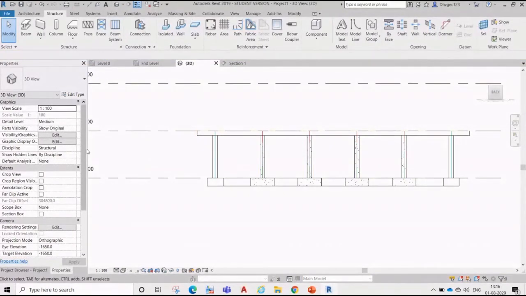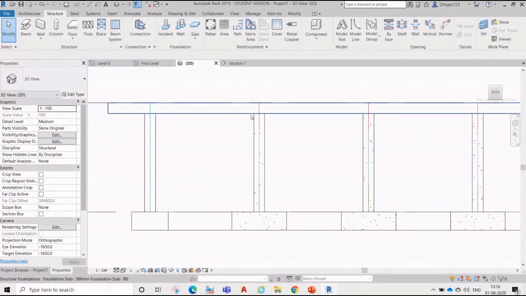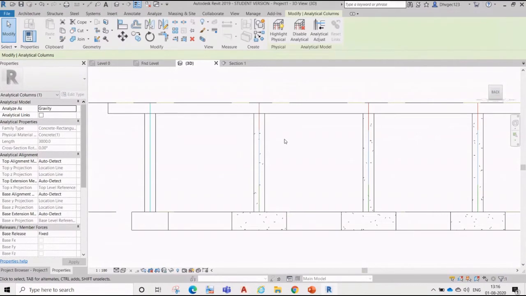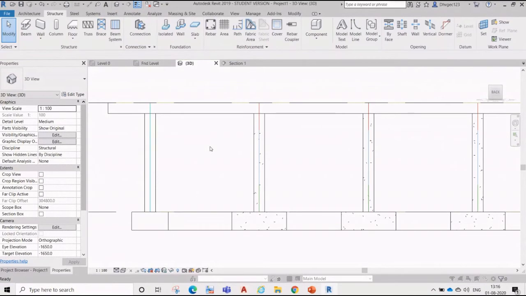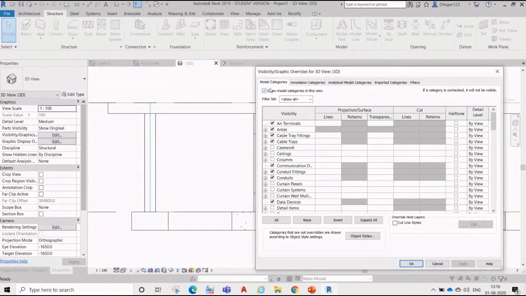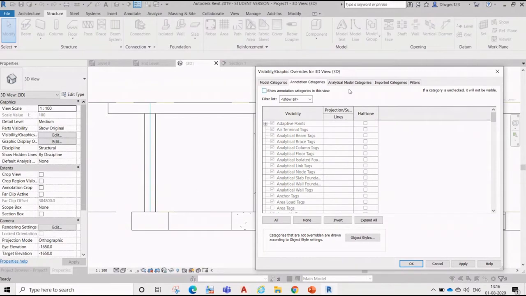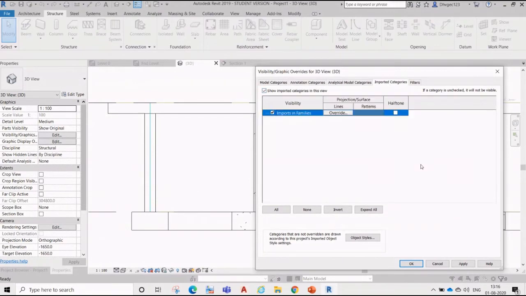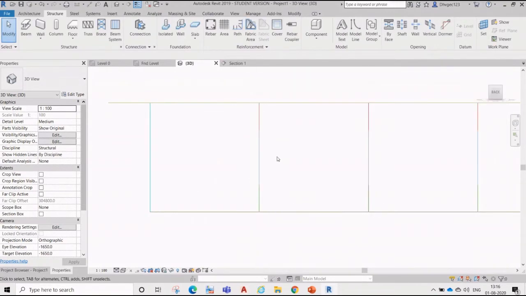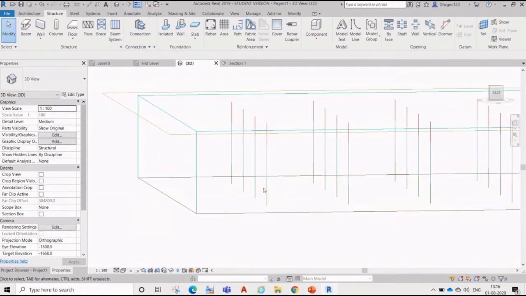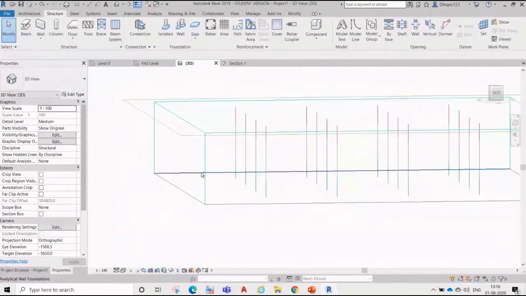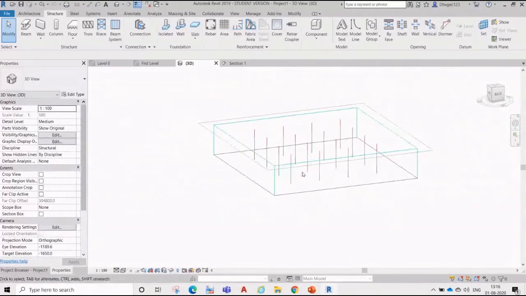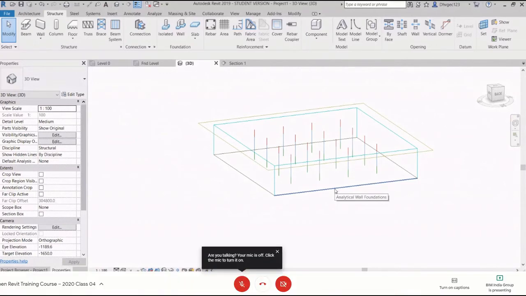And again, because this is analytical we don't want it, and you can see the analytical line of that column goes till here. So calculation wise, if I give VG over here and I want to see only analytical and apply, you will see this: the column is going from bottom till here. So right now you might see that in some models.